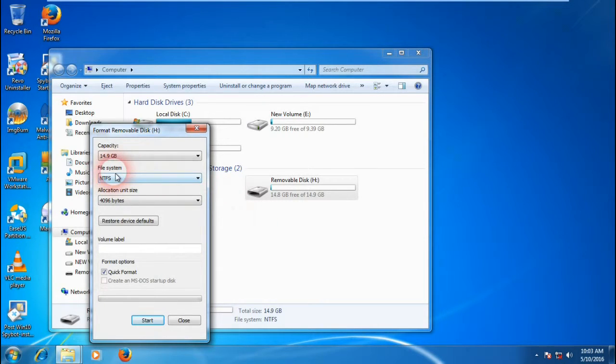Next we have File System. The file system of this drive is NTFS, which stands for New Technology File System. If we click the drop-down menu, we can see the different formatting types available. You may have NTFS, FAT32, and exFAT. The difference between the three is: